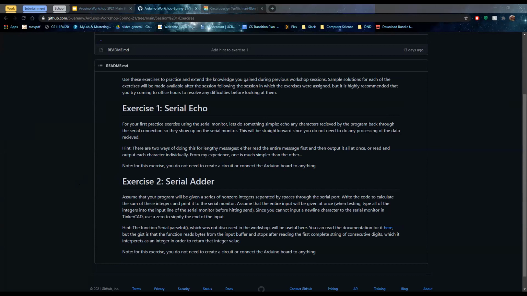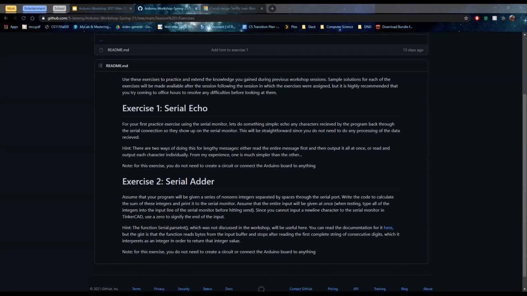If you're getting stuck on one of these exercises, in order to help you understand what you might be messing up on, we're going to be uploading sample solutions to the GitHub repository,